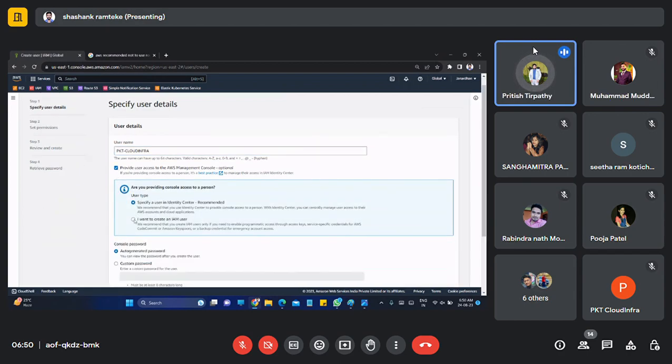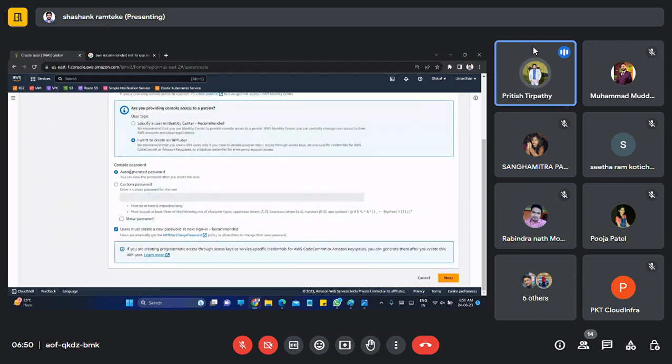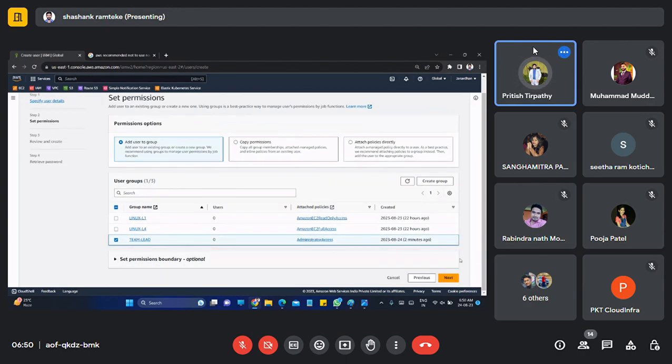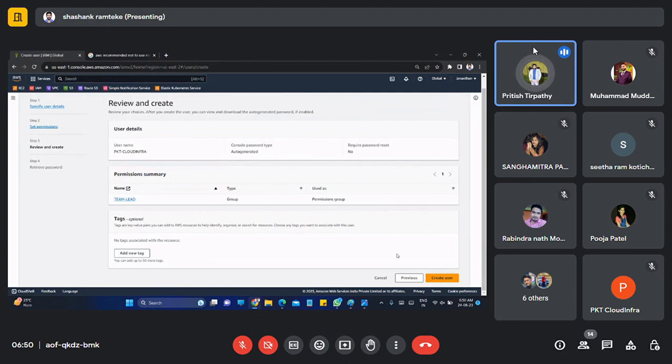I want to create an IAM user, but I do not want to sign in yet. I hope these things are clear for you. It will not make you more trouble. But now I will attach the user to the team lead group, so this PKT Cloud Infra will be inside the team lead group, where he has the permission of having the